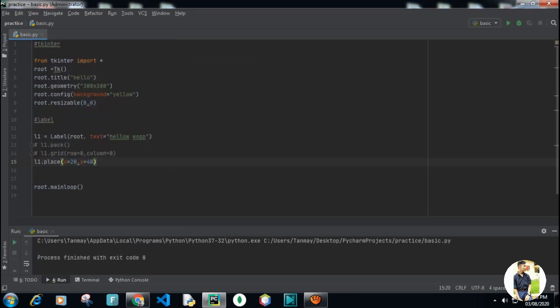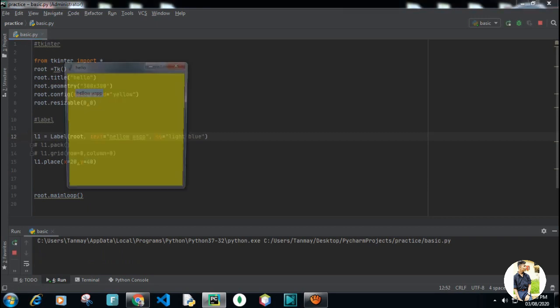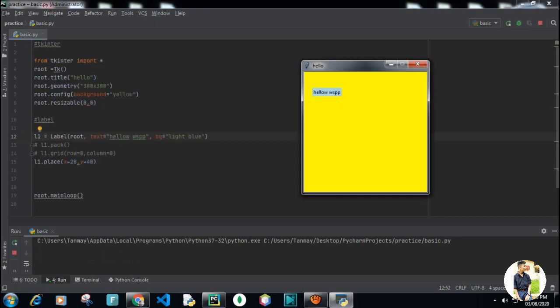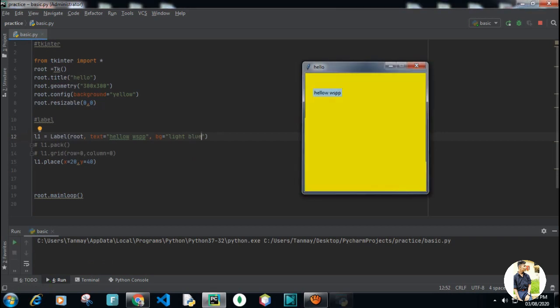So this is where our placement is. You can change more. In label I can add a background color to my label, like bg. I will set it to light blue or anything you want. Here we go, you can see light blue.